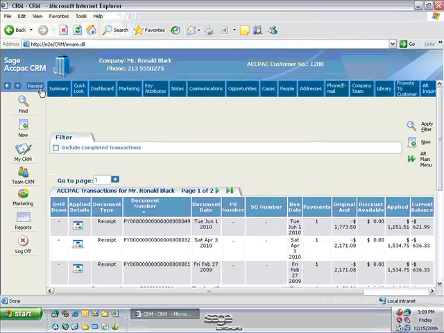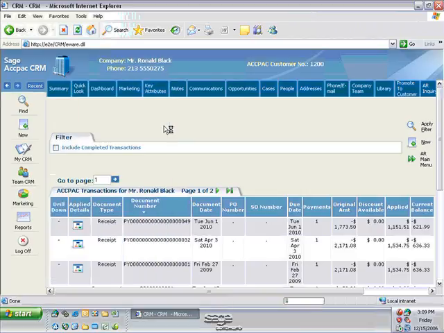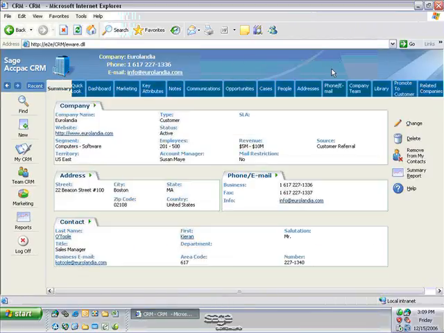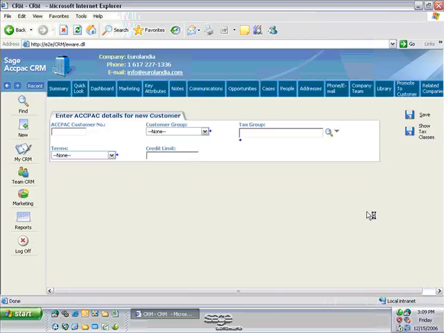One of the ways we'll show you this is let's go to a company like Eurolandia. What we'll see here is when we go to Eurolandia, there is no ACPAC customer number at the top here. We know that this is not an AR customer because we also don't see the AR customer tab here or the order entry, the credit information tab. So at this point in time, maybe one of the things we want to do is this is a prospect. So we don't want to redundantly have to enter information that we've collected inside of CRM, now create the customer inside of accounts receivable. How about if we simply came over here and said, this is customer number